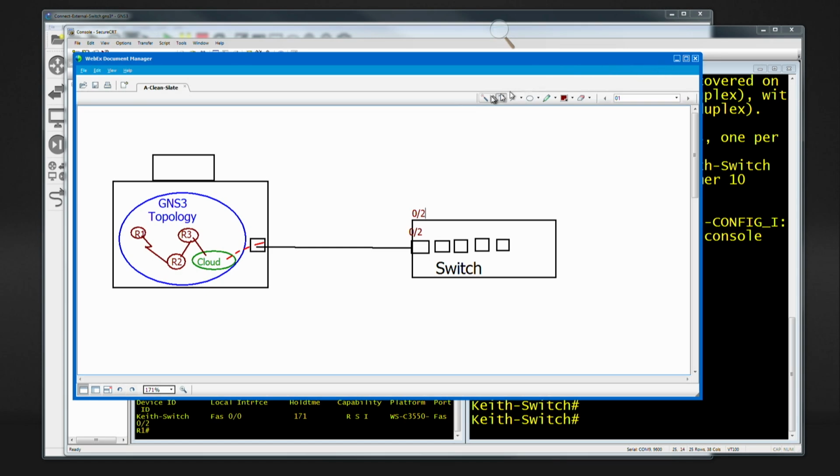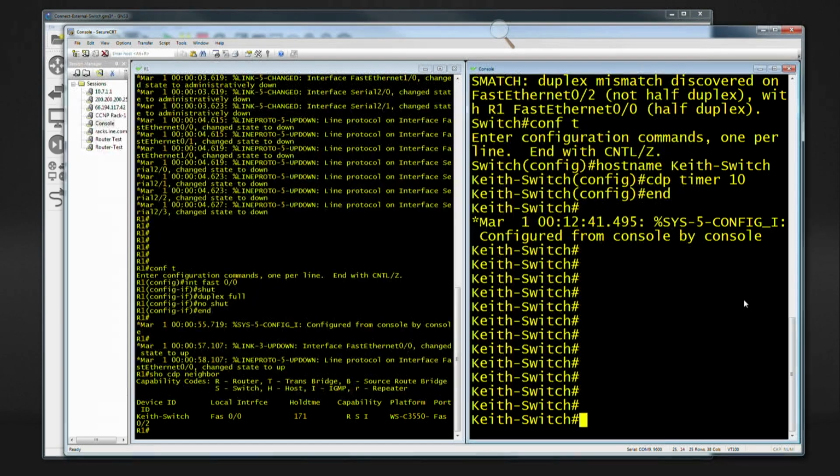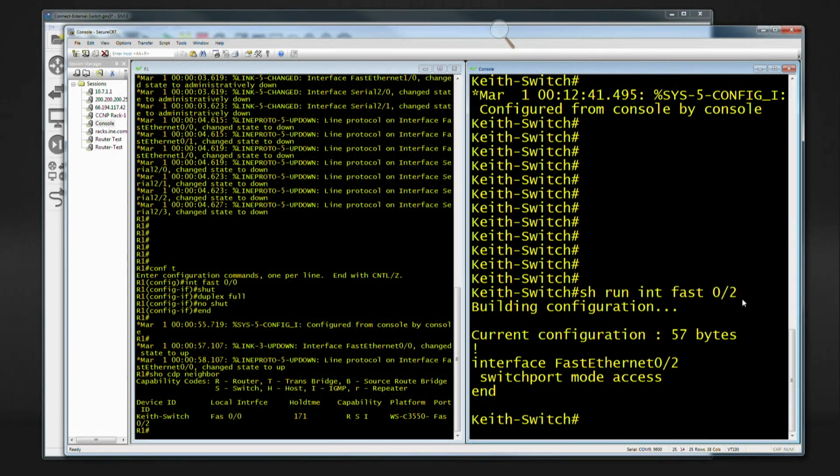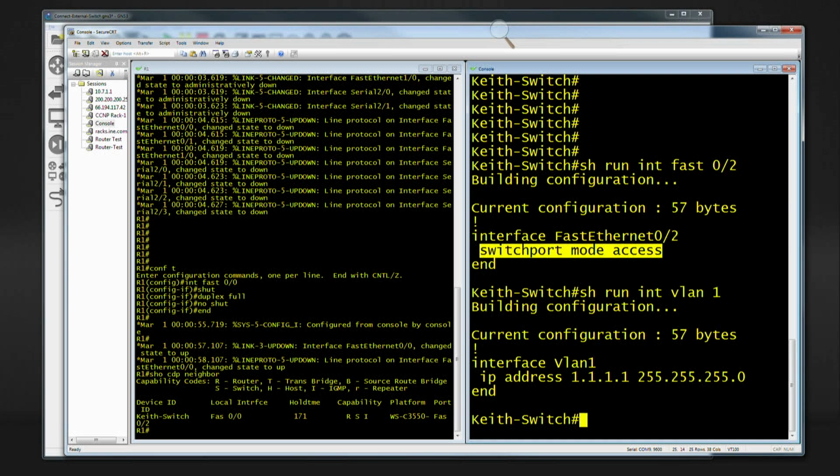That's the port that I'm actually connected to on the switch. And on the switch, show run interface FastEthernet 0/2. You can see I've just simply configured it as an access port, and it's defaulting to VLAN 1. And then what I also did, under my VLAN 1 switched virtual interface, is give an IP address. And then my router here,